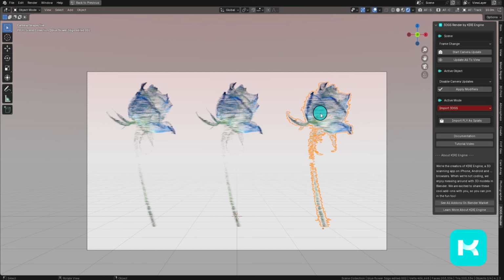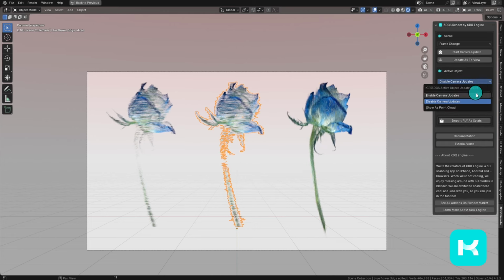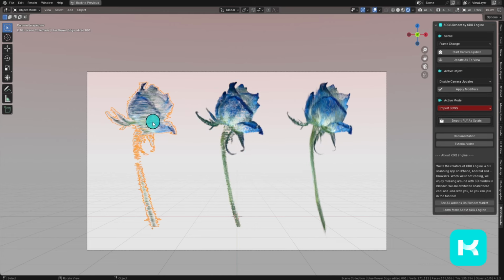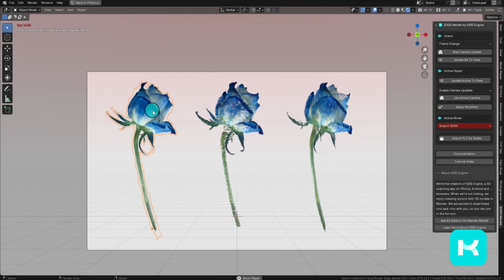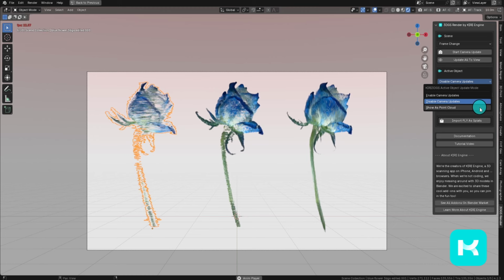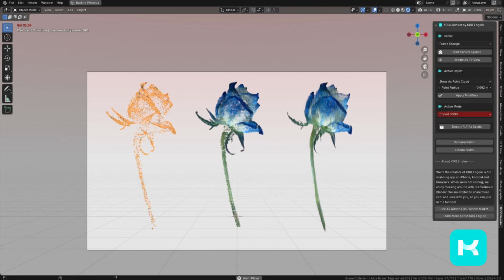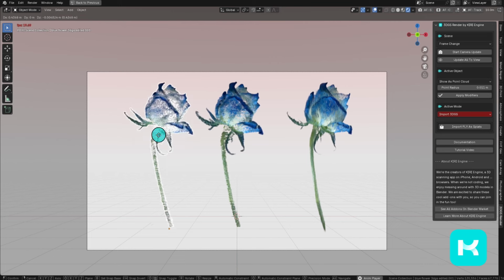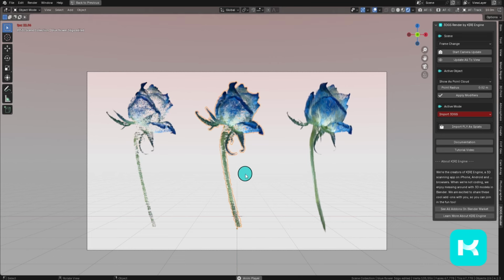Updates can be controlled individually for each object. Immediately after importing, updates for an object are set to disabled. Object updates can be enabled, disabled, or the object can be shown as a point cloud. When moving 3D.js objects around in the scene, it is recommended to disable updates or show as a point cloud